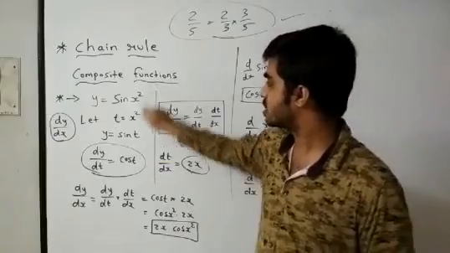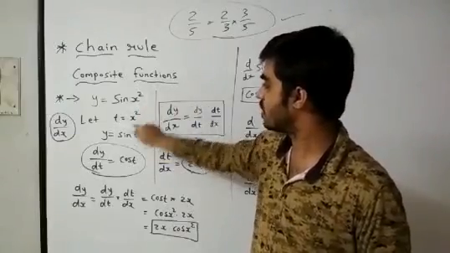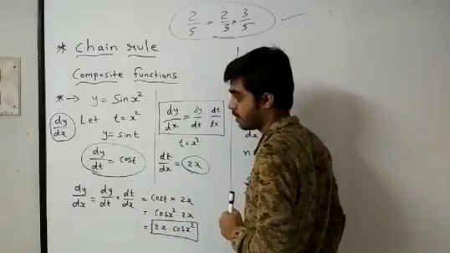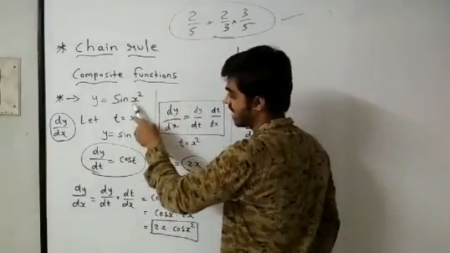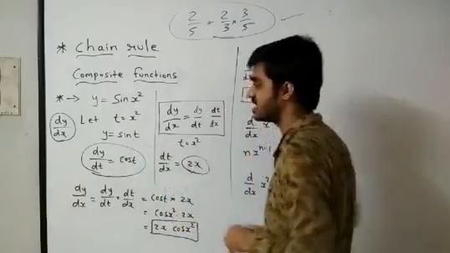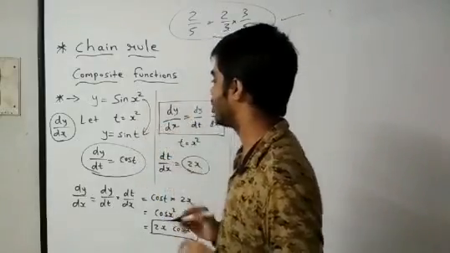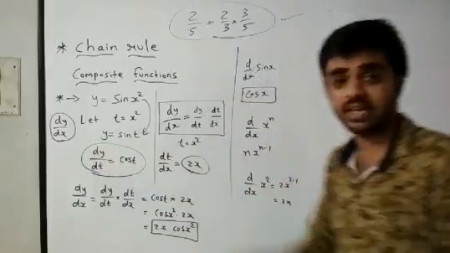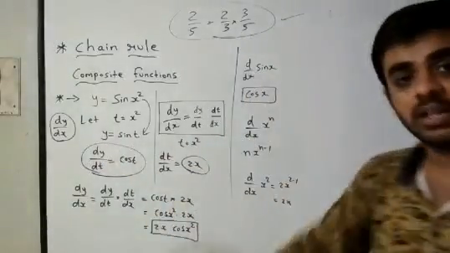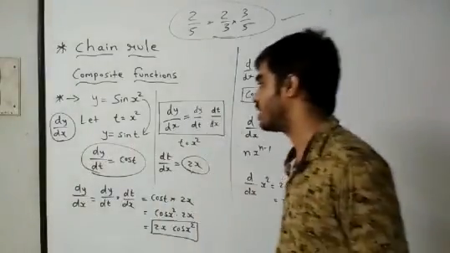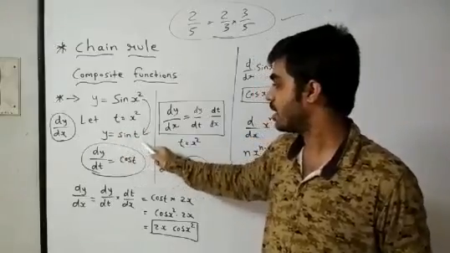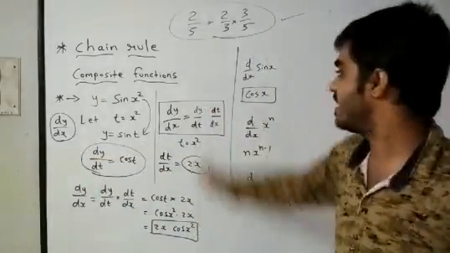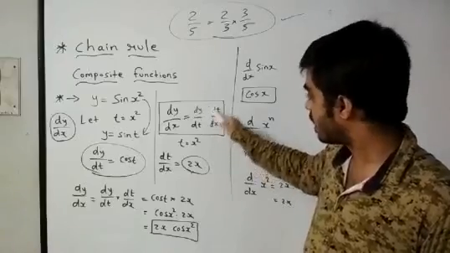We don't want this x square, so we have assumed that t is equal to x square, right? अब हमारे पास क्या है, t is equal to x square, तो x square की जगह पे t रख दिया. Here this is nothing much, both are same only, right? तो हमारा फंक्शन क्या हो गया, y is equal to sin t. Now we have two ways. Either you find dy by dx or we find dy by dt. तो dy by dx तो पॉसिबल है ही नहीं यहाँ पे, तो dy by dx को कैसे फाइंड करेंगे, हमें तो डिफाइन करना dy by dx ही है. तो dy by dx हम ऐसे फाइंड करेंगे, dy by dt into dt by dx.